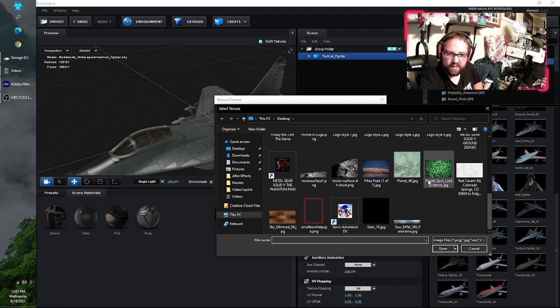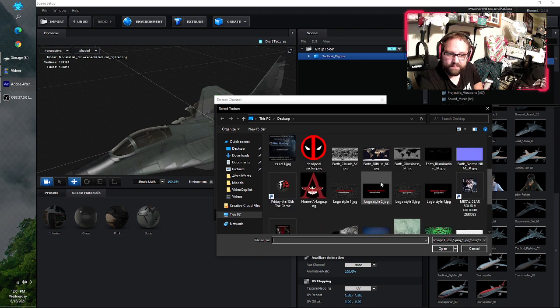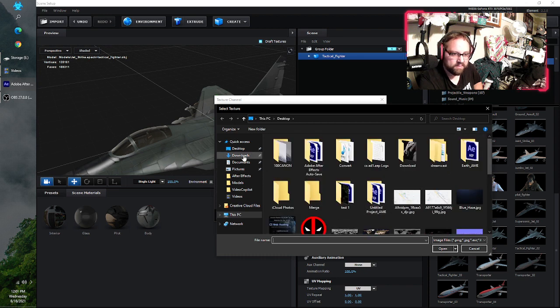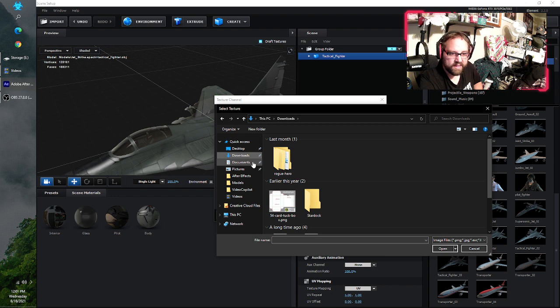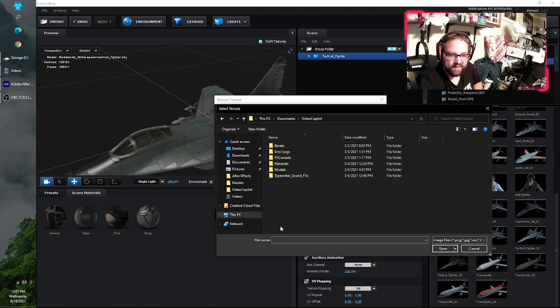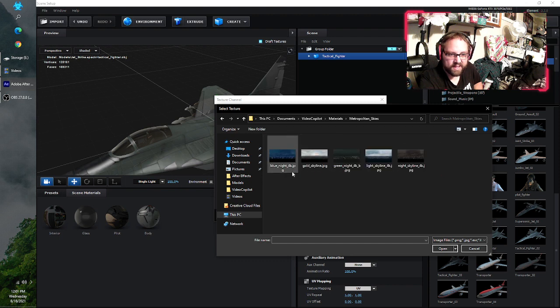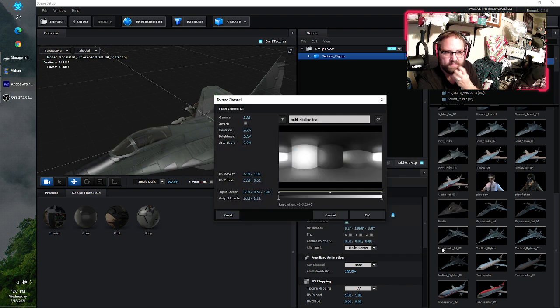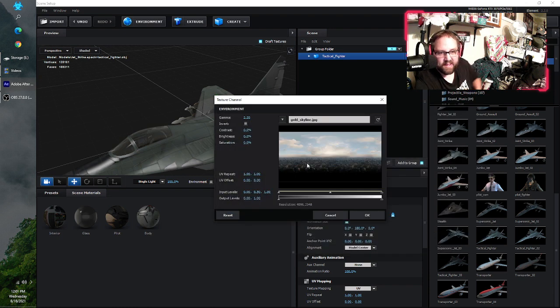And I will look for, actually, you're getting a peek into what's on my system right now. So, let's see. Materials, Metropolitan Skies, and I look for the exact one of Gold Skyline, right? And so I have this